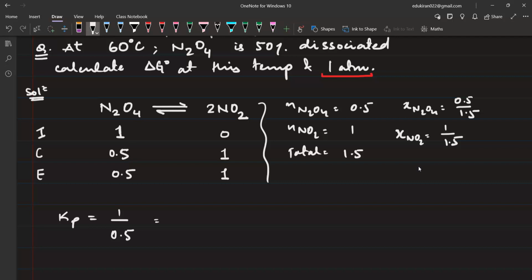Maybe that's why we are having a difficulty, because one problem in taking 1 atm is that this 1 atm can be the initial or the equilibrium also, so we really don't know. So that is why I think I have to ignore 1 atm right now. Okay, so if we take number of moles, then we will get mole fraction, and once we get the mole fraction,